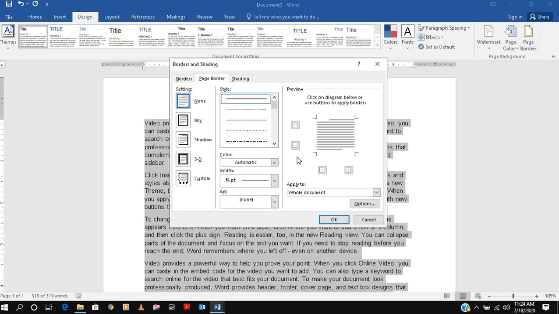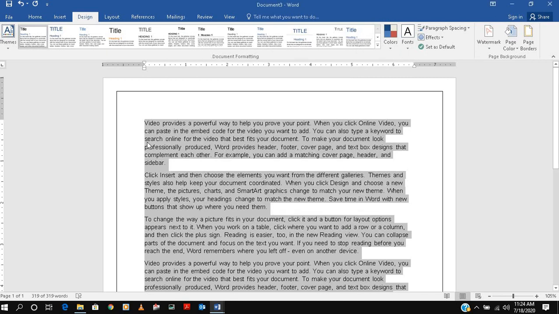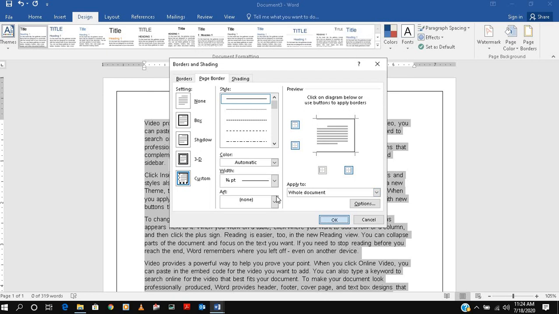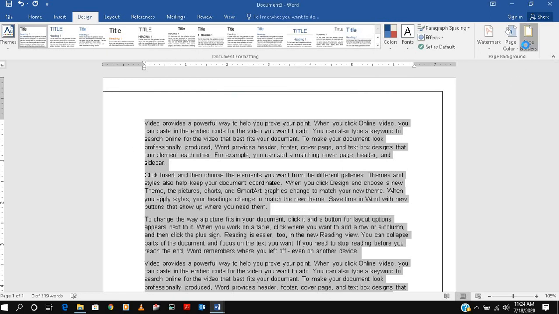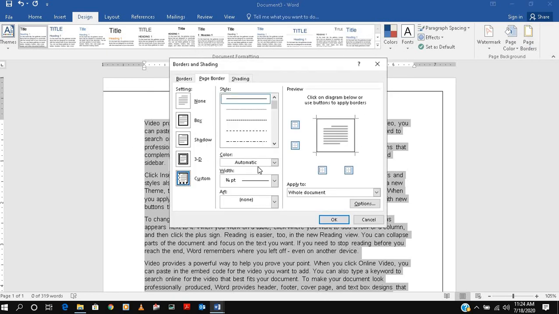Then page border, which is generally important. For page border we will put a box, which means it will come all around, and you can just play with it. We don't want this right now. If I put this, it will come all around. If I don't want this side, it will not come on this side. So you can play with this again. Then we have options, and it will automatically select.